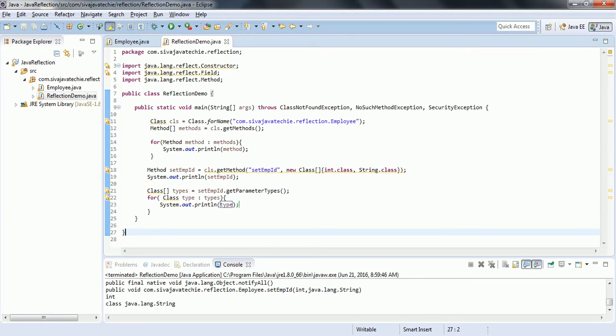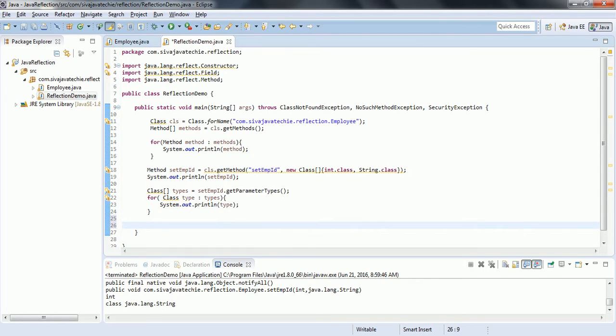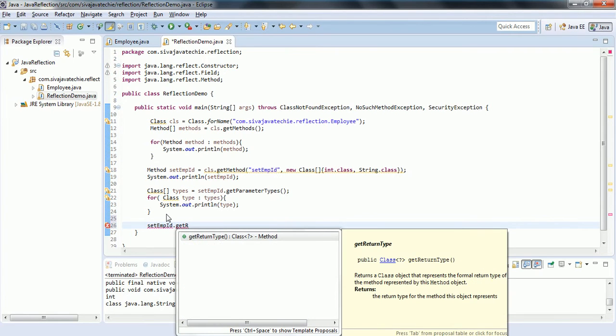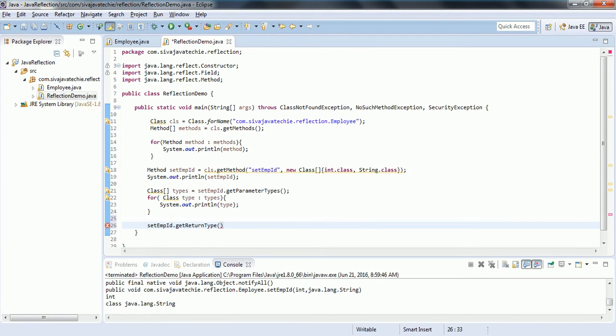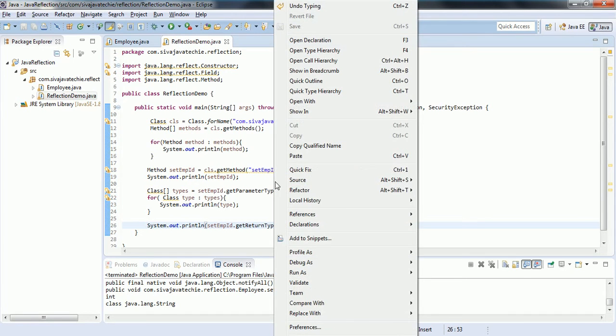One more thing you can find out is the return type, using get return type on set employee ID. It allows you to find out the return type of this method. A method always returns a single value, but if you are working with arrays, then it will be a return type of arrays.